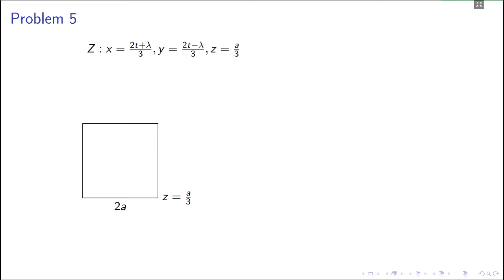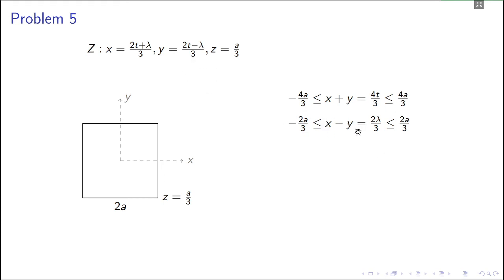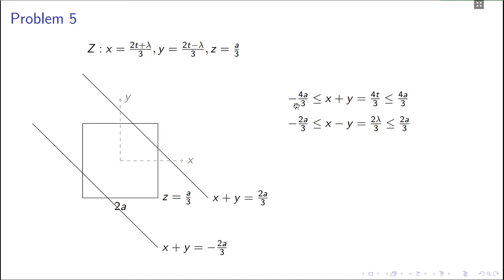Now, this is your xy coordinate, and you again look at x plus y. So x plus y will be 4t by 3, and as t varies from minus a to a, this will vary from minus 4a by 3 to 4a by 3. Similarly, x minus y will be 2 lambda by 3, and as lambda varies, this will take values between 2a by 3 and minus 2a by 3. So this time if you plot these two extremes, 4a by 3 and minus 4a by 3, and this one,